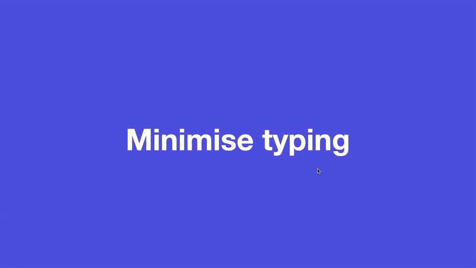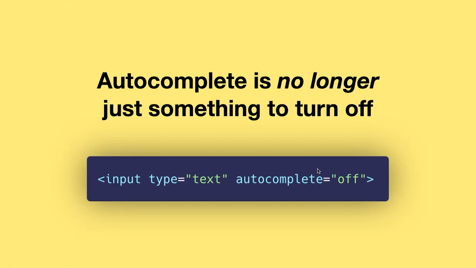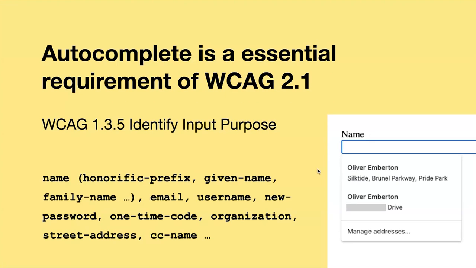This is a concept that you should basically be minimizing the amount of typing or input that your users need, through something that we've often overlooked, which is autocomplete. So the autocomplete attribute, for those of you who've come across it before, is something historically you used to just go, oh, just turn that thing off. It would cause problems with forms. Maybe it would misfire and fill in the wrong thing in the wrong field. And so a lot of web developers just look at it as this thing that supports an option off, and that's it. But actually, autocomplete is an essential requirement of WCAG 2.1.